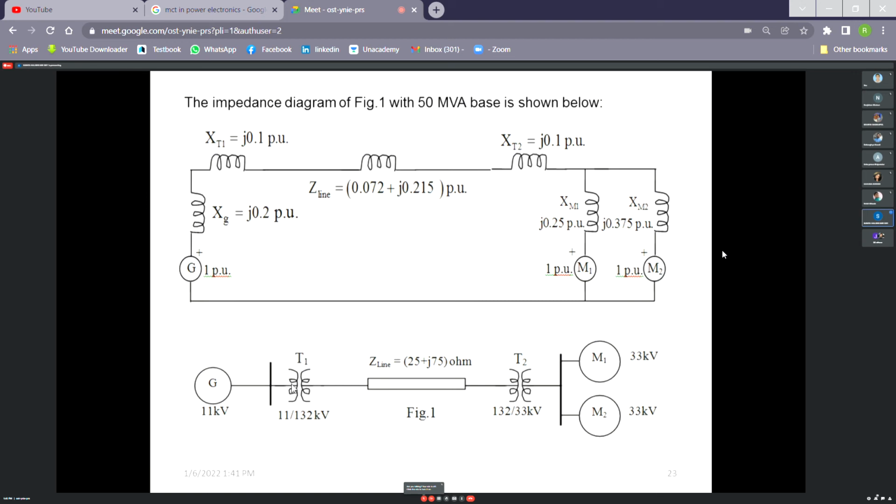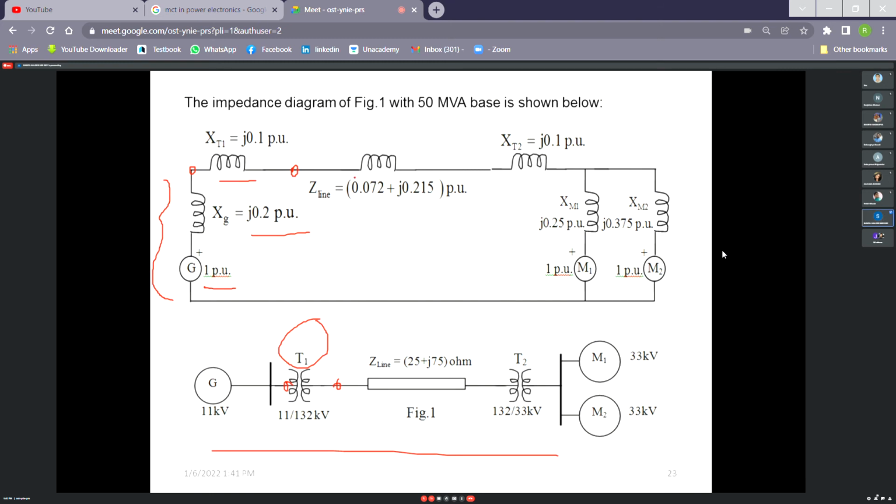Now you see, this is the circuit. This is what was your single line diagram, right? So for generator, it is 1 per unit. The generator is voltage behind the reactance. So this is the reactance. Then there is a transformer, this transformer T1. Then you see this is the secondary, this is the primary. You have no need to bother about that. Okay, so which side is transformer primary, which side is secondary? Obviously the line side is the secondary. Understood? So this point voltage will be 132 kV, this side voltage will be 11 kV. In that way, you have to identify.